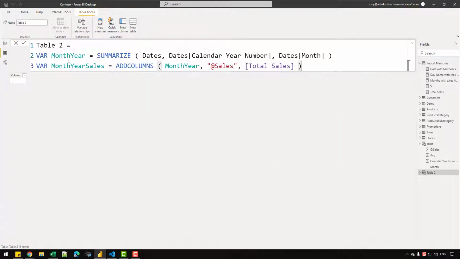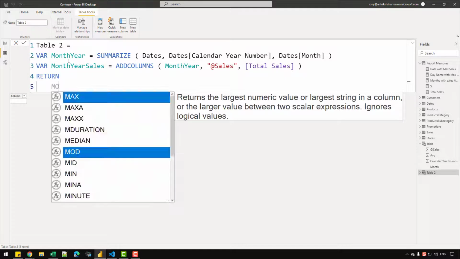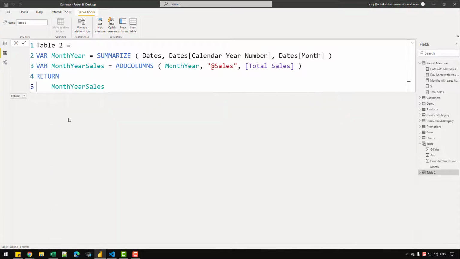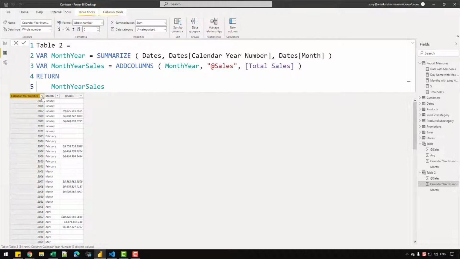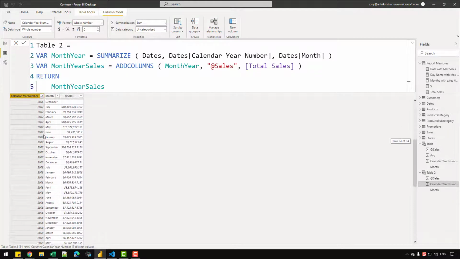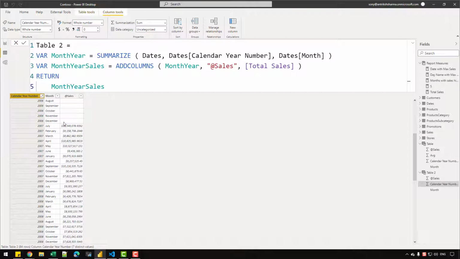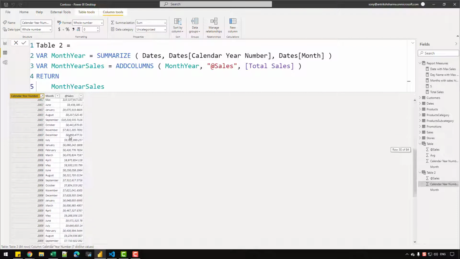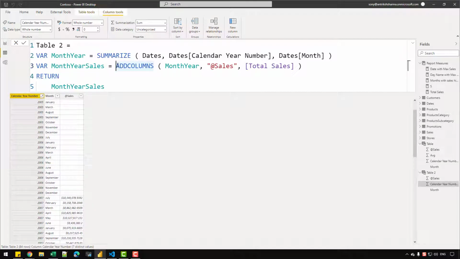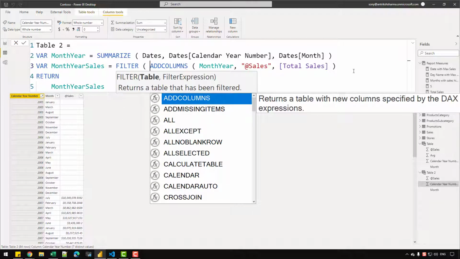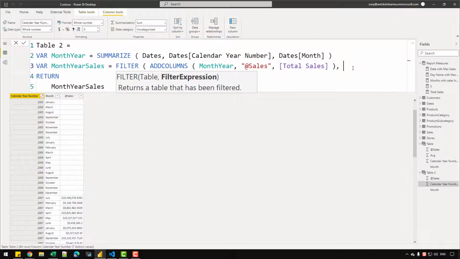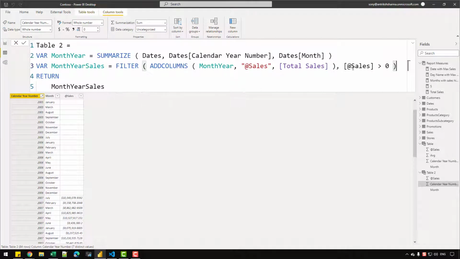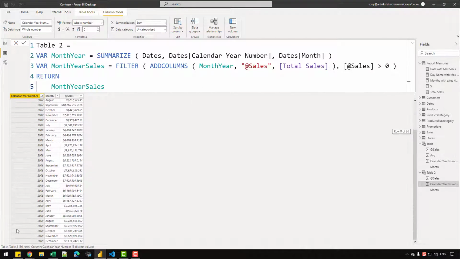And then I'm going to use the total sales measure so that I can initiate the context transition, and let's return this variable to see what we are actually getting. So I can write month, year and sales, and you can see that for each month, if I sort the column, we are getting the sales amount that we have already seen in the matrix. And let's for now remove all the years for which the sales amount is actually blank, and for that I can simply wrap this code inside FILTER and simply check that the sales column should be greater than 0. And if I do that, I'm only getting 36 rows for the 3 years I have.